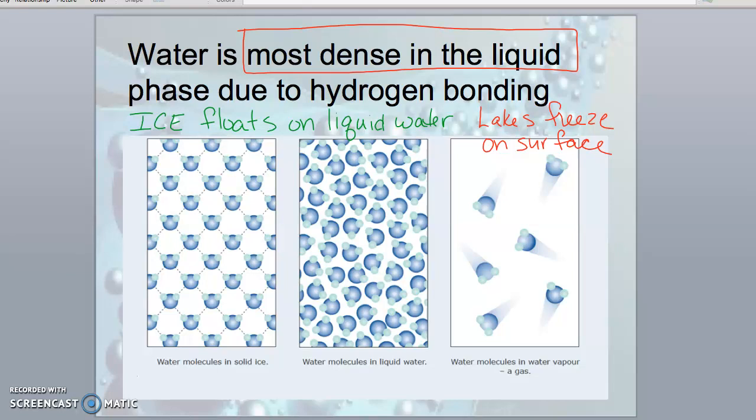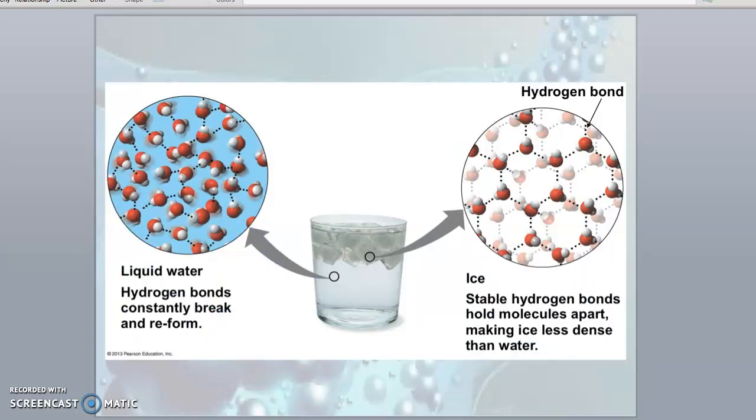In the liquid water, on the other hand, we've got these intermolecular forces, the hydrogen bonding, being broken and reformed as the molecules move around one another. And there really are no intermolecular forces acting on a gas. The evidence that liquid water is more dense, we can see just from watching what ice does. Ice, solid water, will float on liquid water, and that's pretty unique to water. This is just another look at it, and it shows on the right a bit of a three-dimensional solid state, where you can see all that empty space in there, making it less dense.